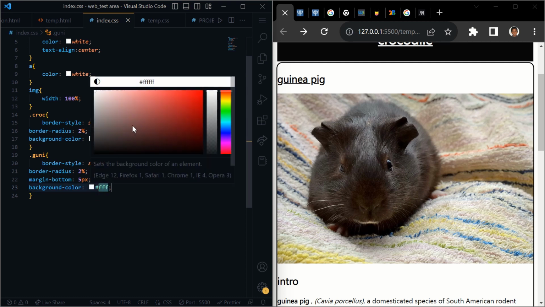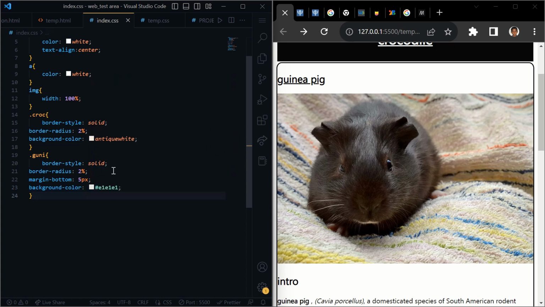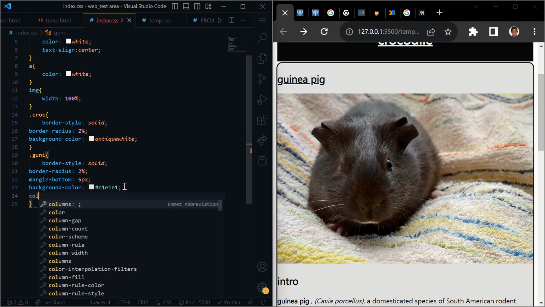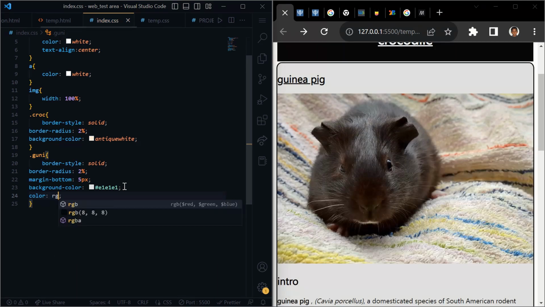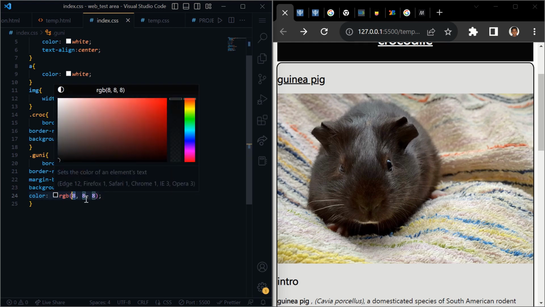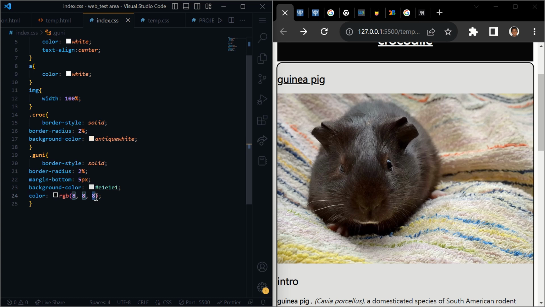Inside color there are several formats you will come across. Like this hashtag hex code, then you have color names, then you have RGB. This RGB is red, green, and blue. This is the amount of red used, this is the amount of green used, this is the amount of blue used. The maximum you can use is 225 if I'm not wrong,